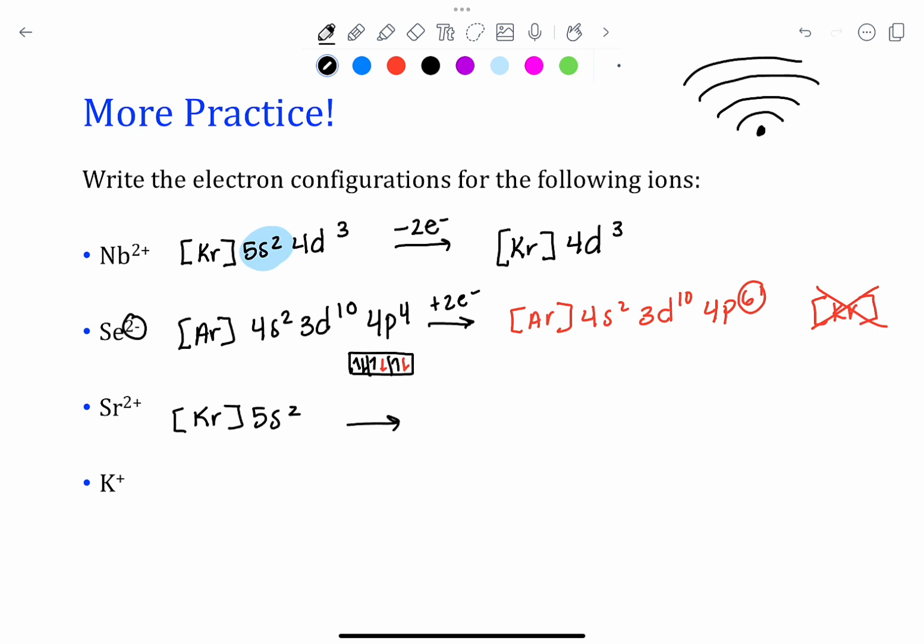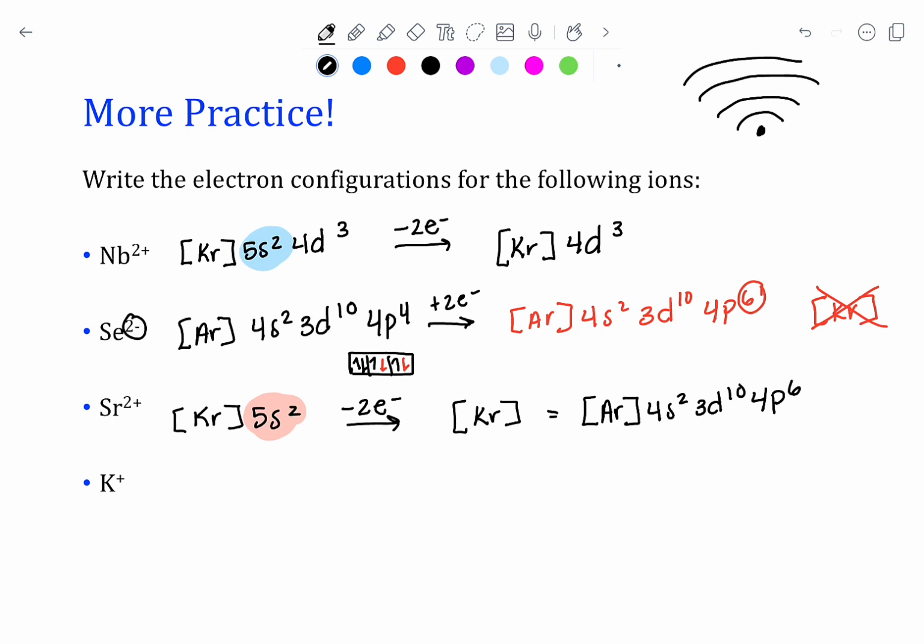And if we're having a 2+ charge, that means we're removing 2 electrons. So that then just becomes krypton because we removed these 2 electrons. But I can't just write the noble gas as its electron configuration, so we need to go back one. We need to go argon 4s2, 3d10, 4p6, which is the same as what we have here, meaning that the Se, selenium 2-, and the strontium 2+